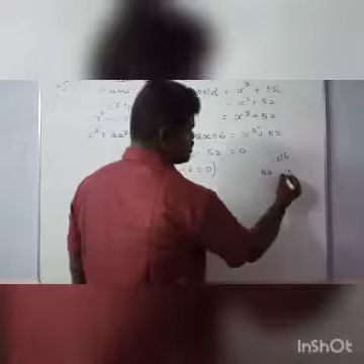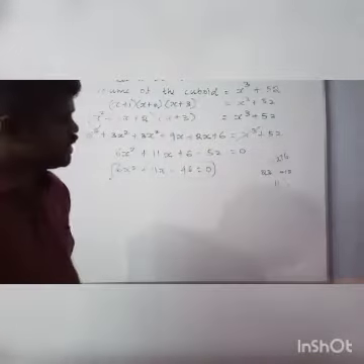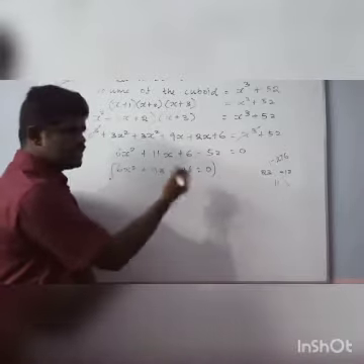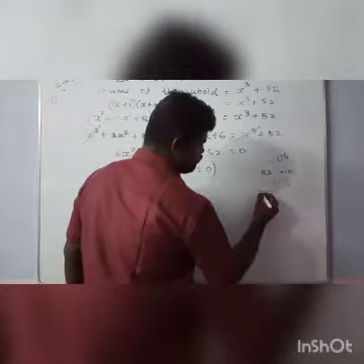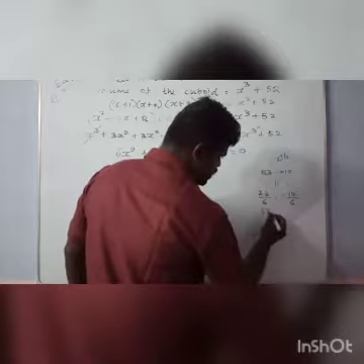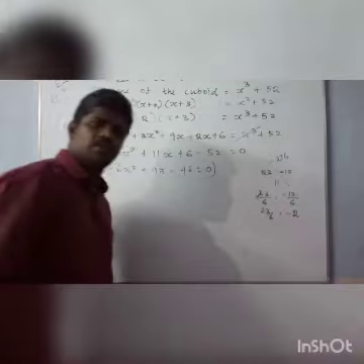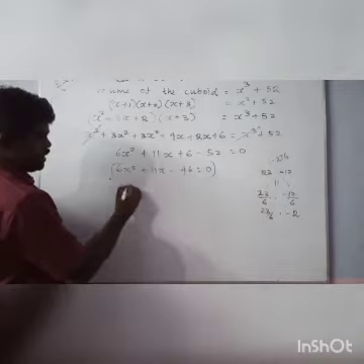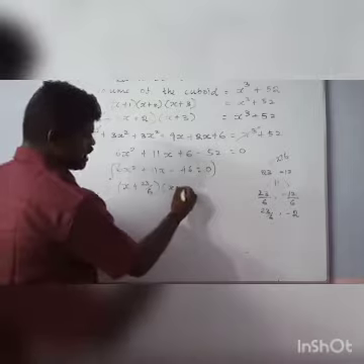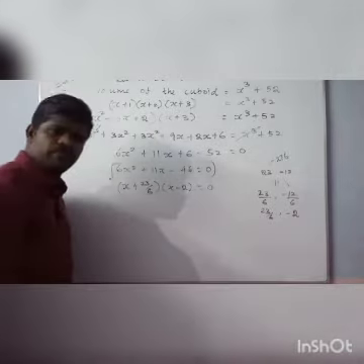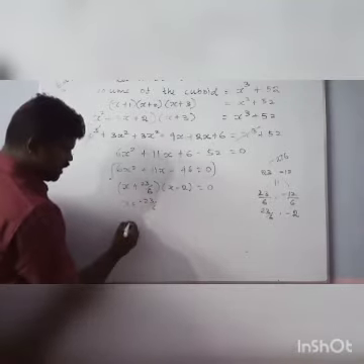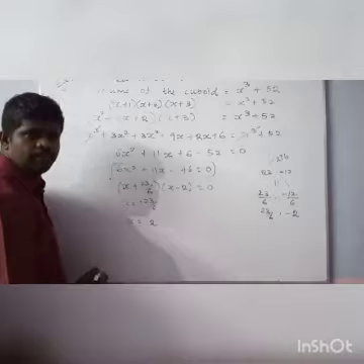Here 23 is plus, so this is minus 23 by 12. Here having 6, so we have to divide 23 by 6 comma minus 12 by 6. So the answer is 23 by 6 comma minus 2. Now factor this: x plus 23 by 6 and x minus 2 equal to 0. The factor values are x equal to minus 23 by 6 and x equal to 2 only.